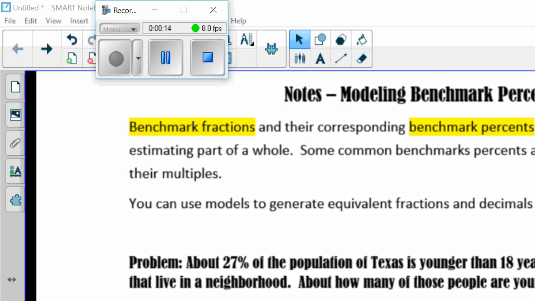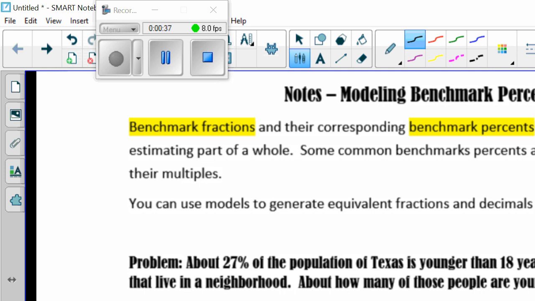Some of the common benchmark percents are 1%, 10%, 25%, 33 and a third percent, and their multiples. So their multiples are going to be, if I take those numbers and multiply them by 2, by 3, by 4, by 5, by whatever, the corresponding answers that we get are going to be the multiples of those benchmark fractions. So these right here are going to be your benchmark fractions. So anything that is a multiple of that, you should always be able to go back and find the answer to. So if we look at our first example,